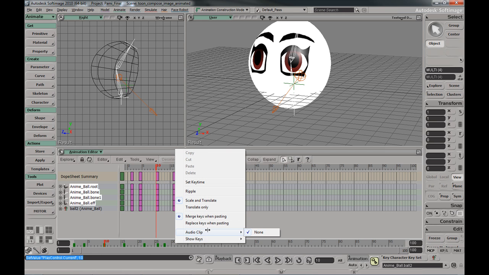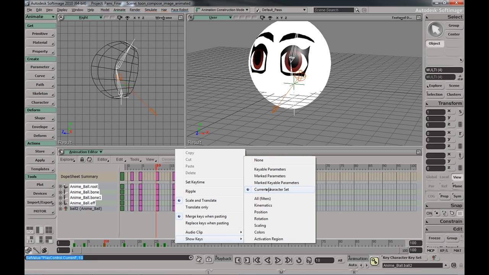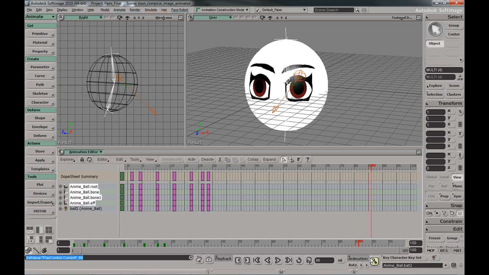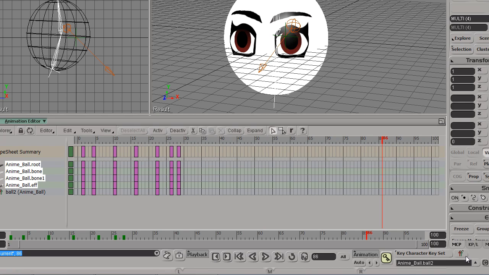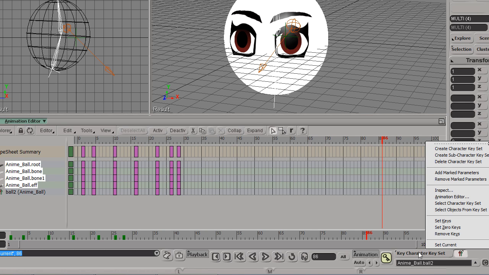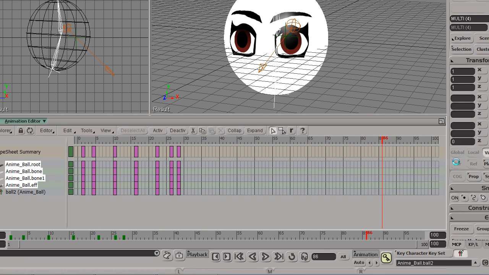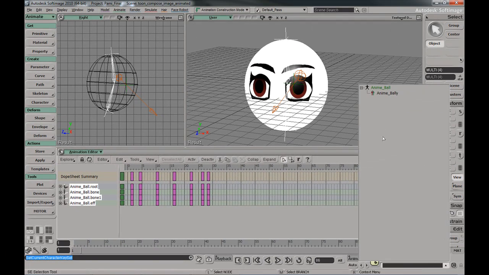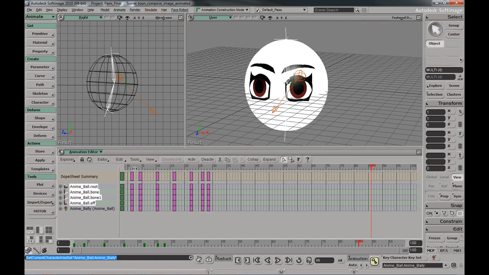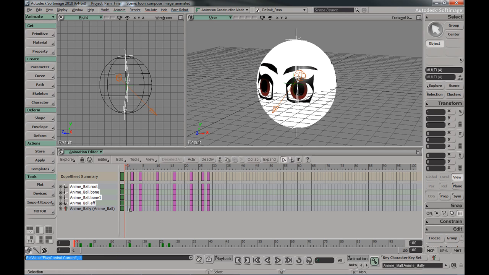This one, an iron ball 2, was recently created for this sample, but I originally had another character key set, and with the right click over the timeline you can select specifically the keyframes for the character key set. So I'm going to remove an iron ball 2, which is not really going to help us right now. I already have my an iron ball original